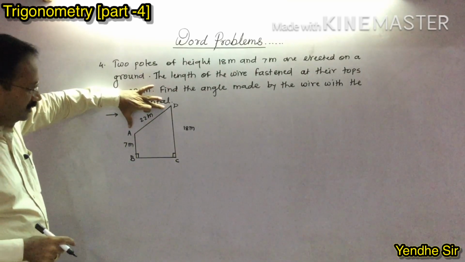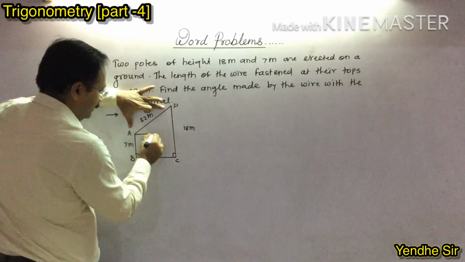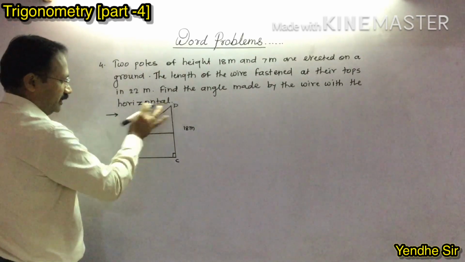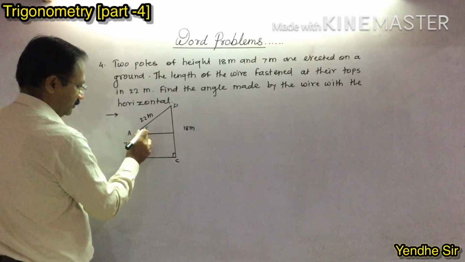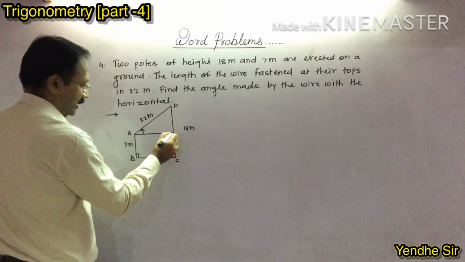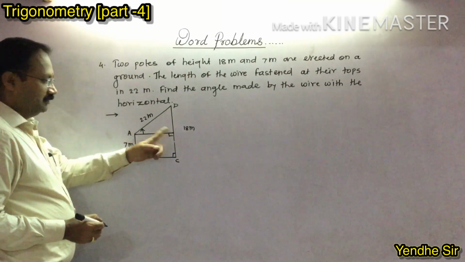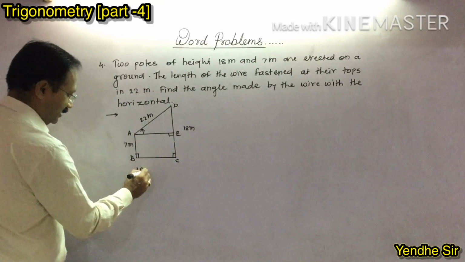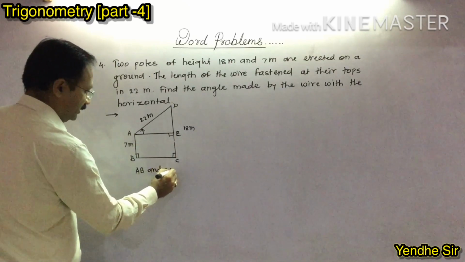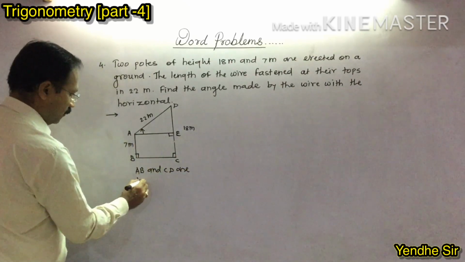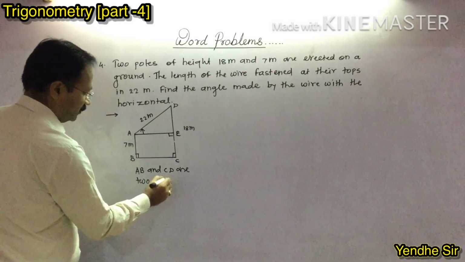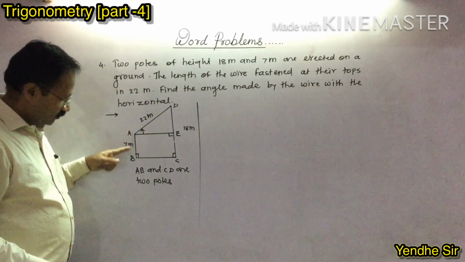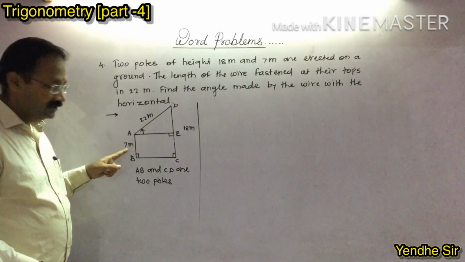Here is a wire. And that wire makes the angle of elevation here. Either you can draw it here also, but I am going to draw it here. And you have to find out this angle. We know that angle of elevation is also perpendicular to the opposite one. So I am going to give the name A. What do you have to write? AB and CD are two poles. Okay? And then you can write it. So what is this? This is nothing but a rectangle.